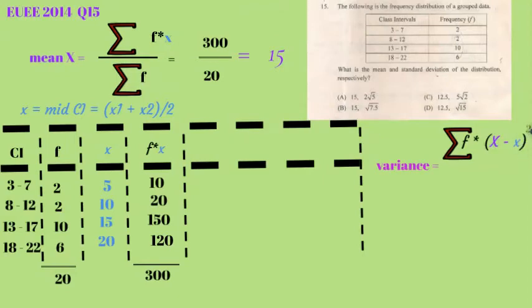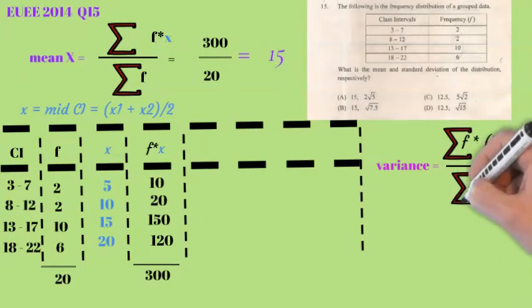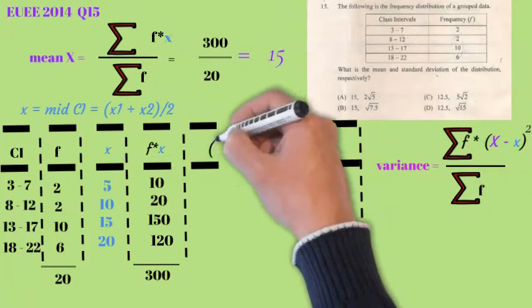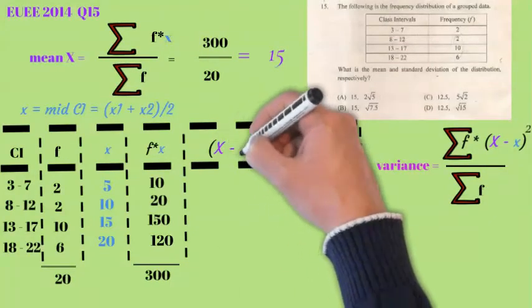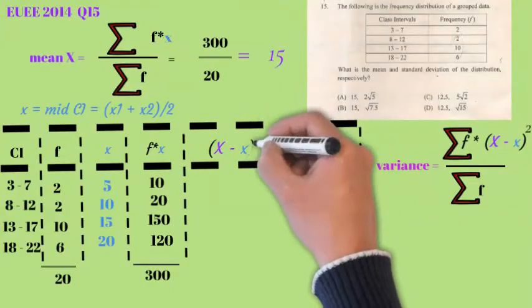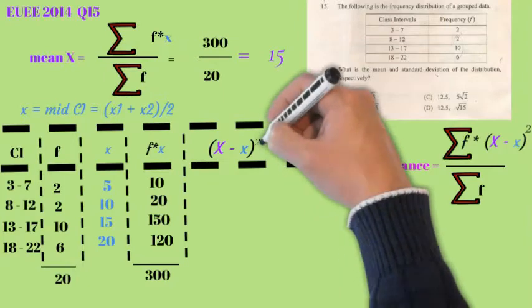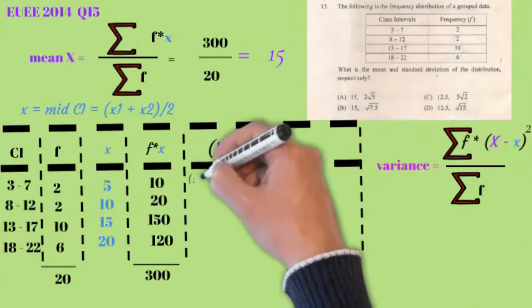The standard deviation also has a formula. It starts with the variance. First we have to find the variance. Then we will find the standard deviation. So the variance. Let's find x minus the midpoint of x squared. That means all we have to do is